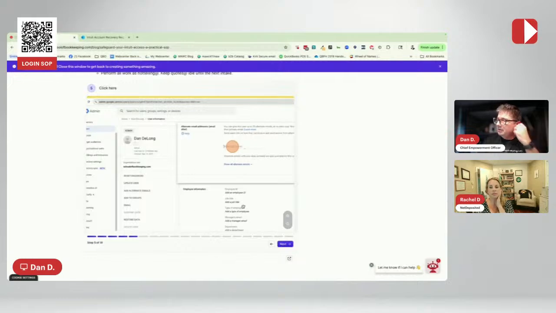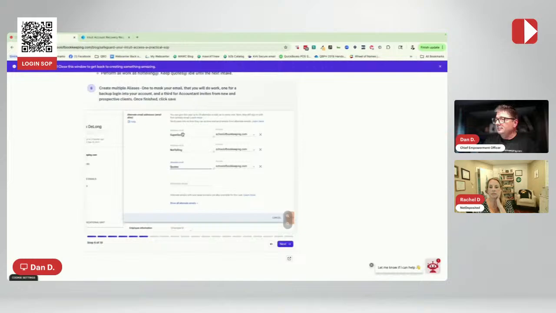And then when you go into that, you're going to be creating those multiple email addresses, right? So you've got your super secret, your not telling, and your quotes. All of those are going to be tied to your real email address, so that when emails come to those email addresses, they will come to your real email address, but at no point is your real email address exposed externally unless you reply to those emails, right?